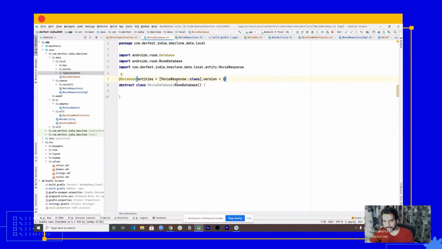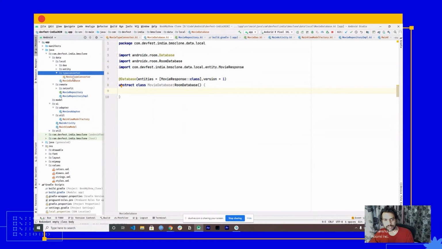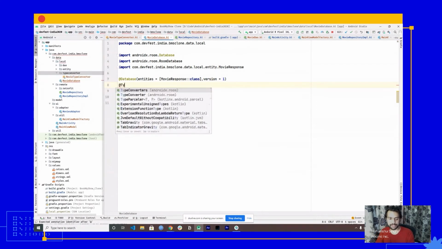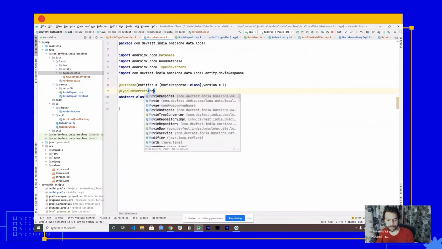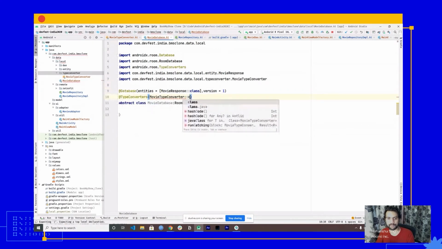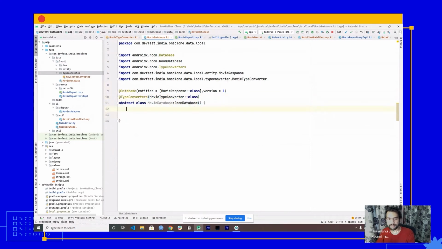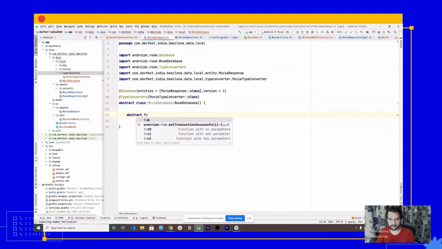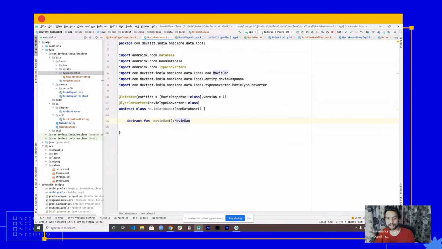What version does is, if we change the entity structure, we need to upgrade the version and then ship the app. Now, since we use a type converter here, we'll use an annotation called TypeConverters and pass the movie converter class instance as well. So now we have our database instance ready. I'll create another abstract function, I'll name it movieDao, and this would return the MovieDao we created. To access this movieDao, we are going to pull it off